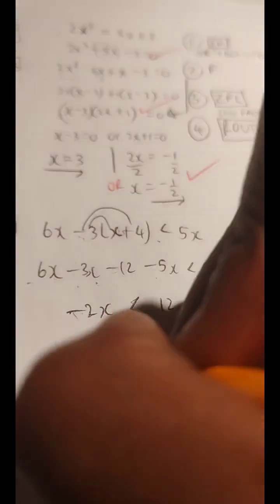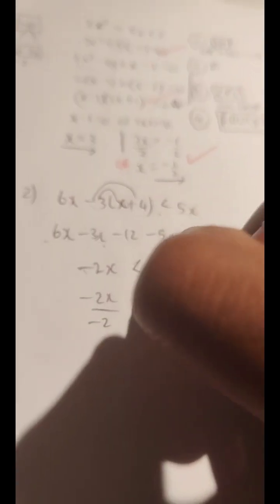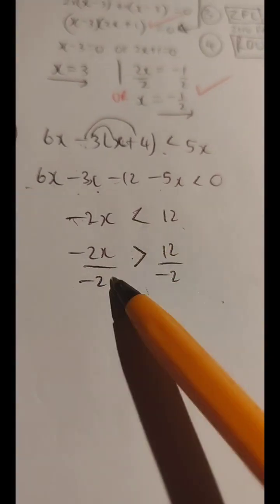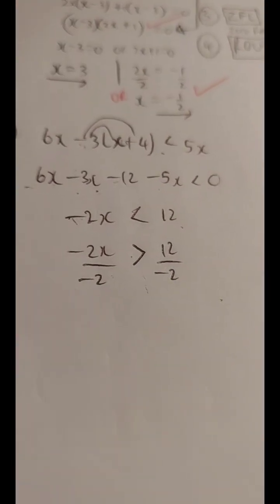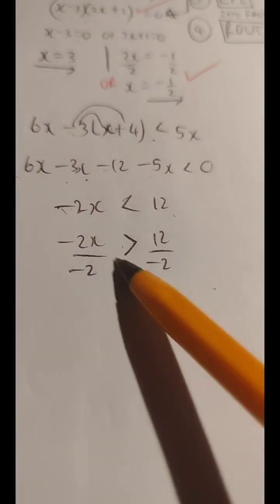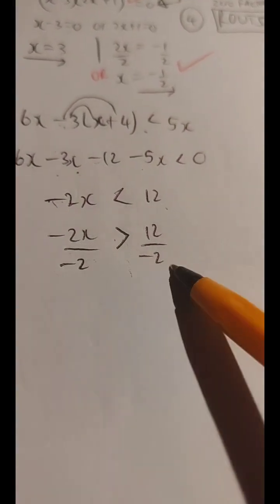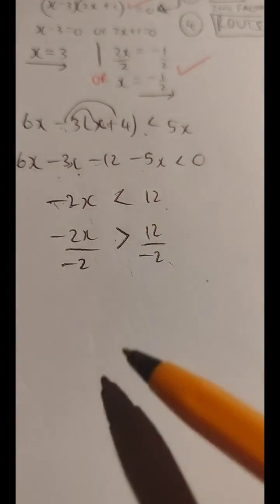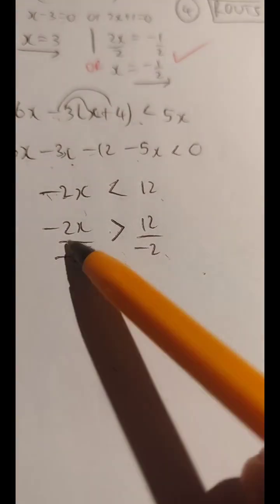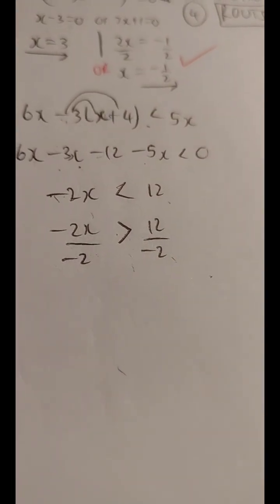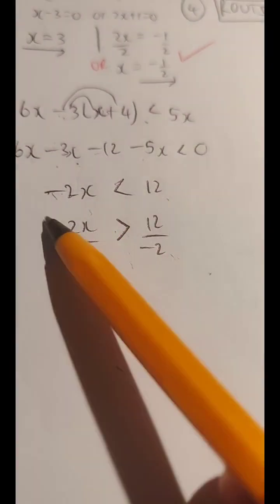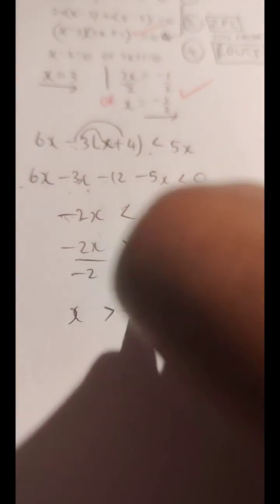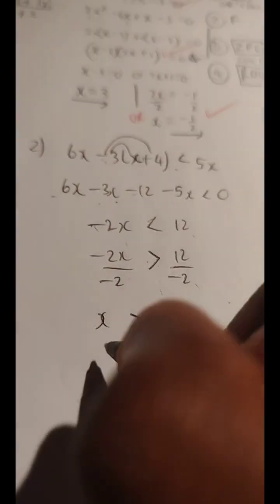We divide both sides by negative 2. Immediately when we do that, the inequality sign, please guys, must change direction at the very moment when you are dividing by a negative. I repeat, the inequality sign must change. If you show division of negative 2, that sign must change at that very step. It doesn't change after we are done. It changes immediately as we divide by negative 2, so that the inequality can remain true, not false. So we get x is greater than negative 6. We are done.